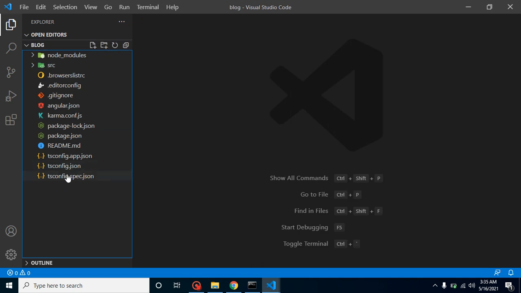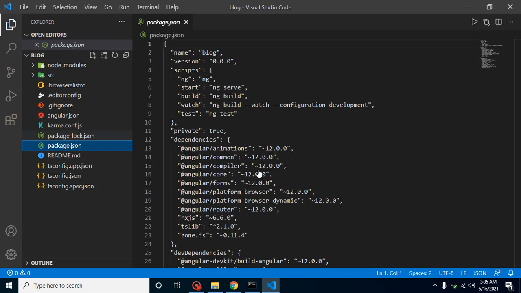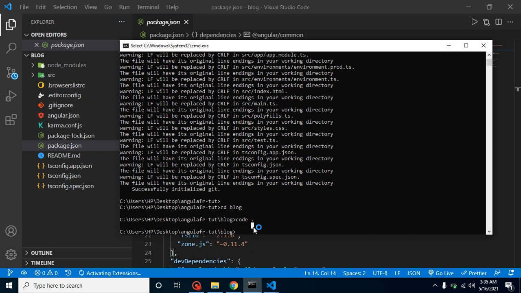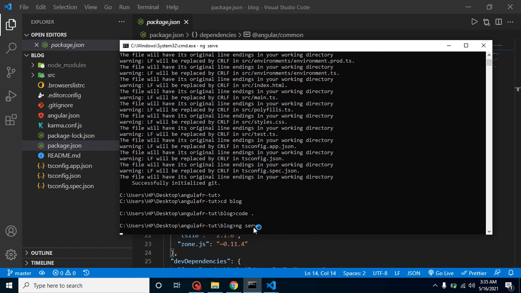So let's first of all check the version of your project. Here you can see inside package.json that everything is version 12 with the Angular animation, compiler, common, core, forms, everything is with the 12th version. That's great. So now let's run our project with the ng serve command, right? The ng serve command is also provided with the Angular command line tool, which is Angular CLI. It will take some time because we are running that command for the first time. After that we are able to check our project in a browser also. Till that time we can discuss our interview questions.